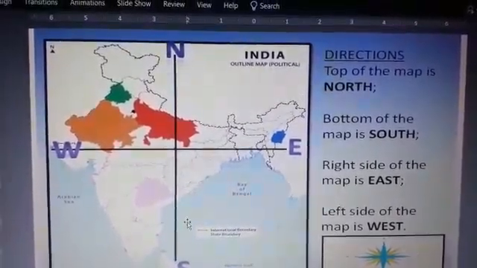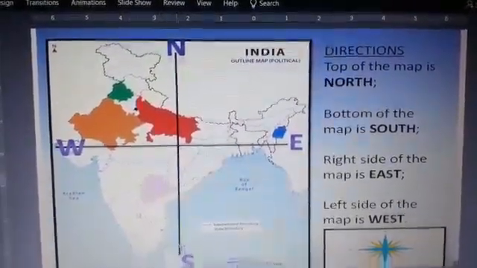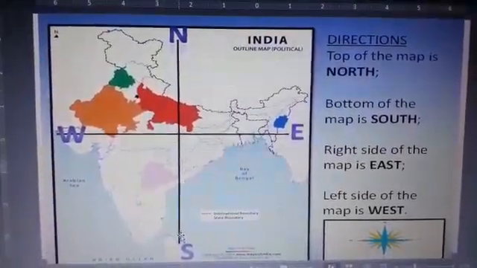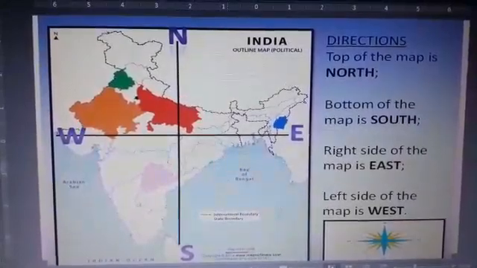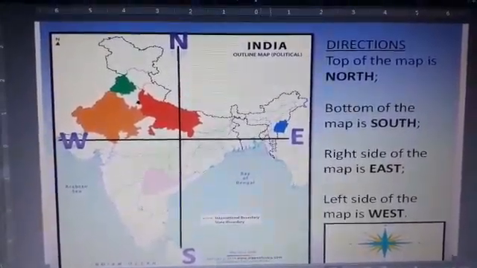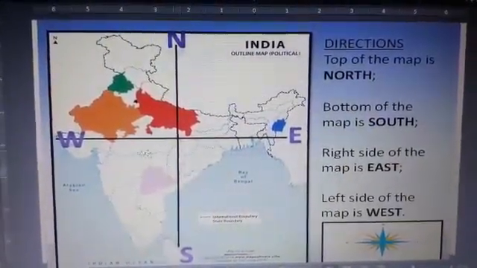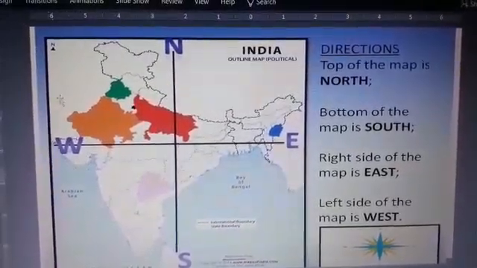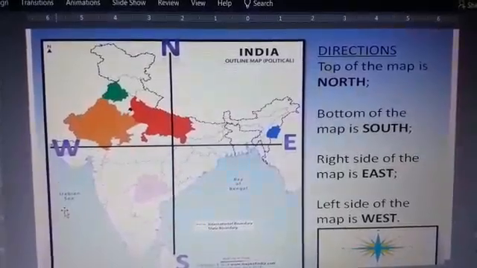The bottom of the map is south, and the right side of the map is east. This is the east direction, and the left side of the map is the west direction.